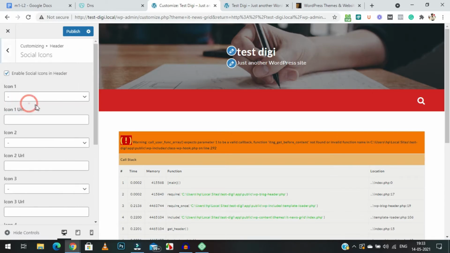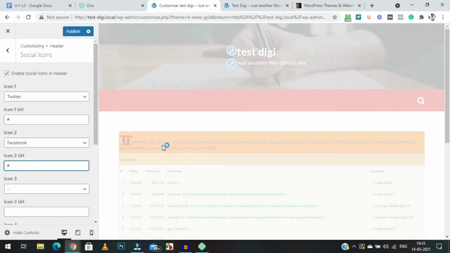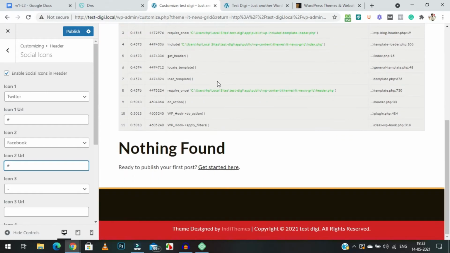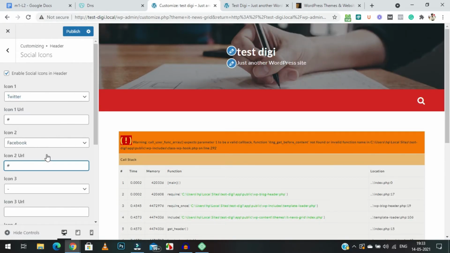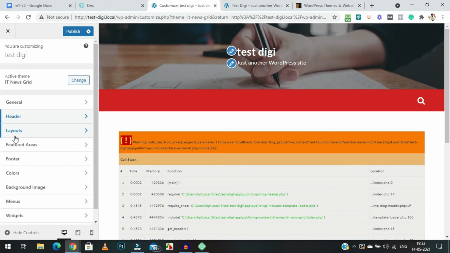If you want to include any social icons, you can do that, like Twitter. Just put in some URL of the Twitter, and same with the Facebook, just put in some URL of the Facebook. You will get the social icons here as well, right? You need to put some URL in there for that, right? Just go around. This is super simple to customize, and still if you get some issues, you can ask me.